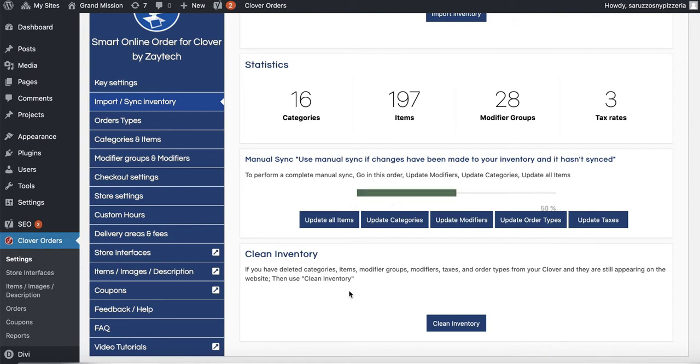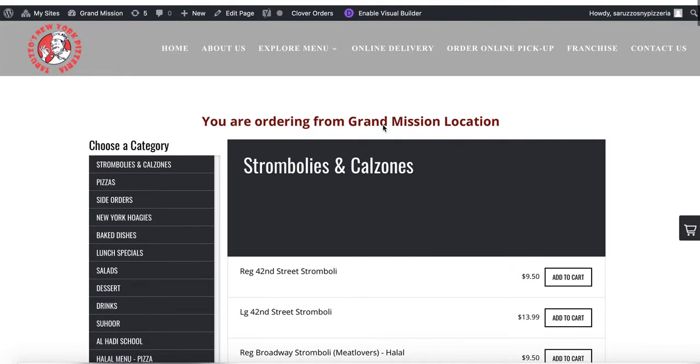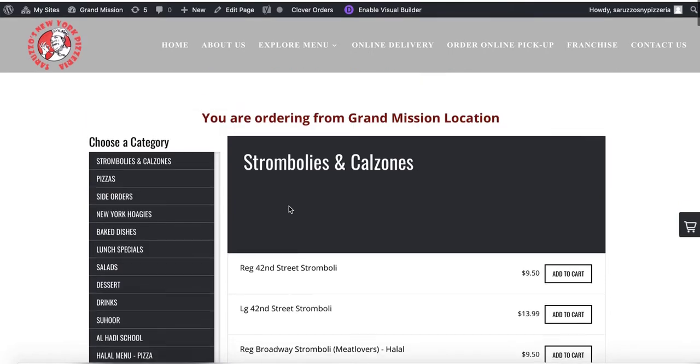Let's say you deleted lots of stuff from your Clover inventory, use clean inventory to remove anything that should not be there. Okay, and this setting I'm showing you here is for this order online page. Okay, this is not your menu, this is your order online page. Okay, so let me